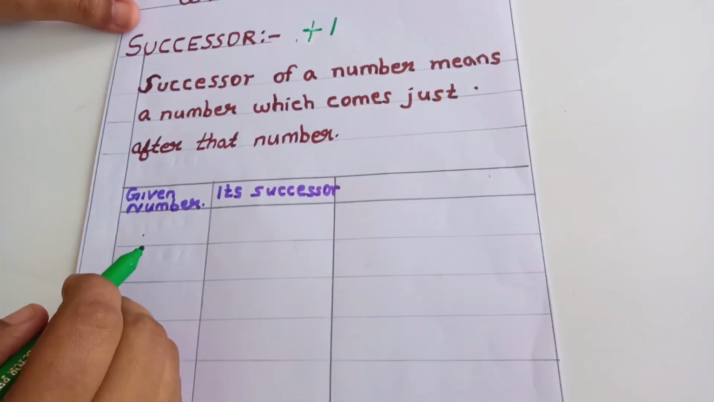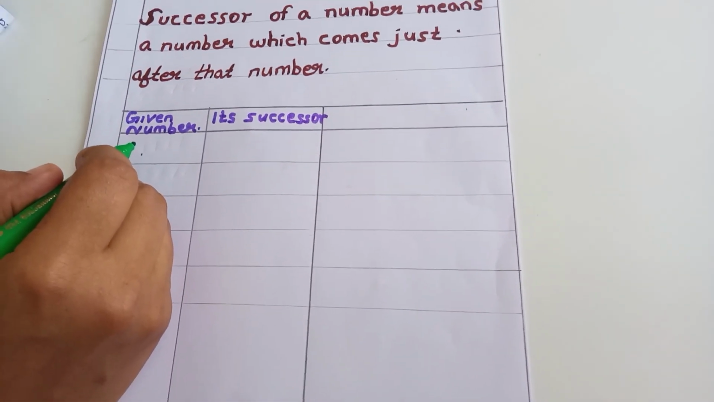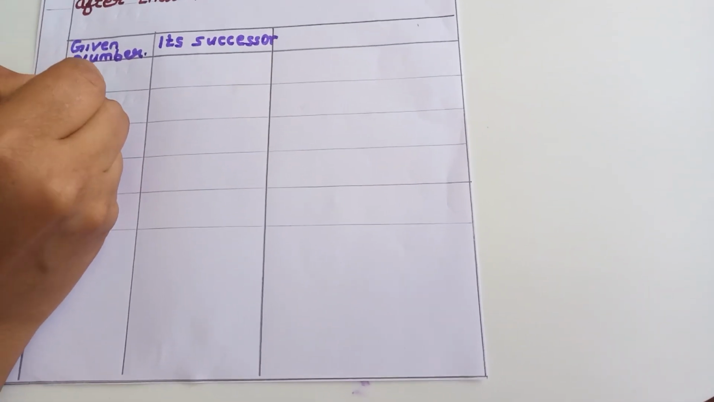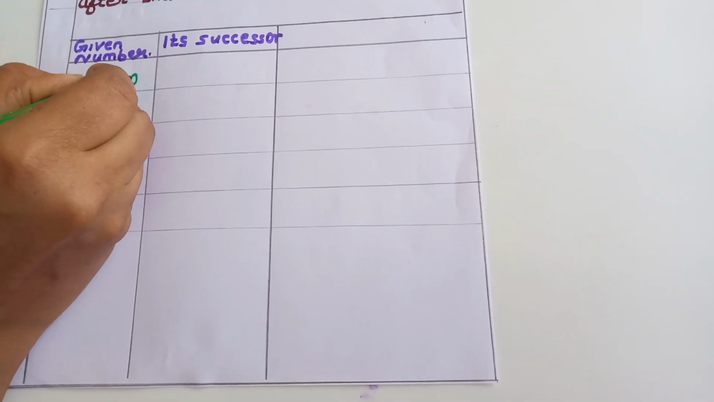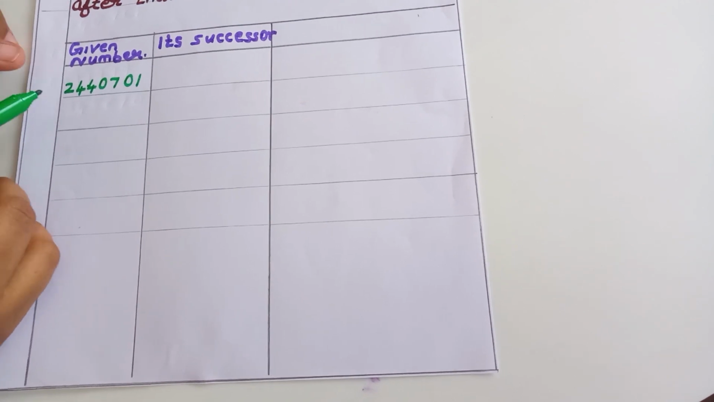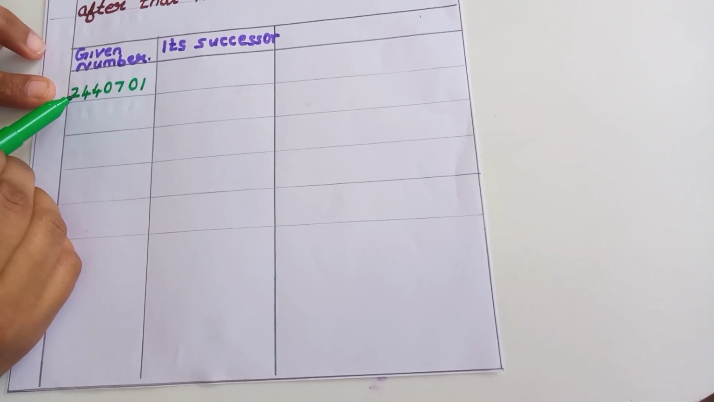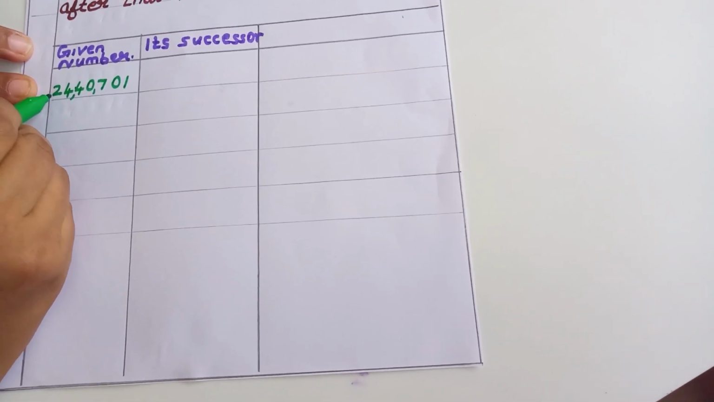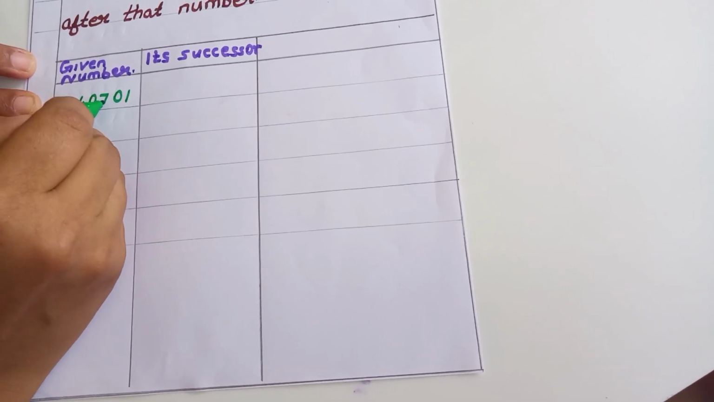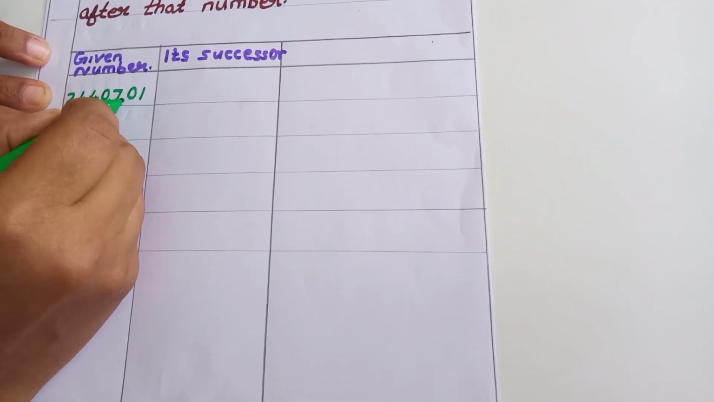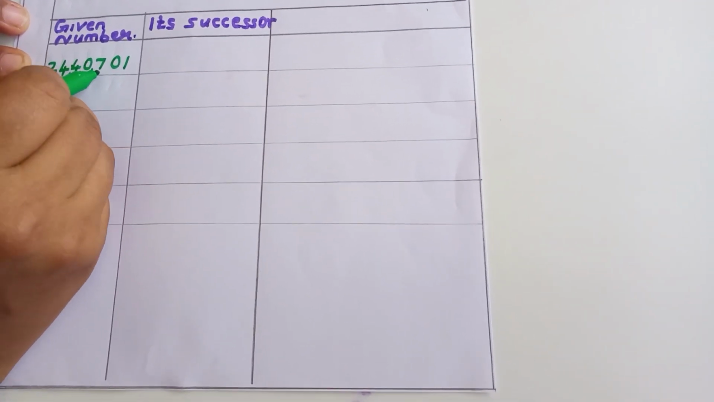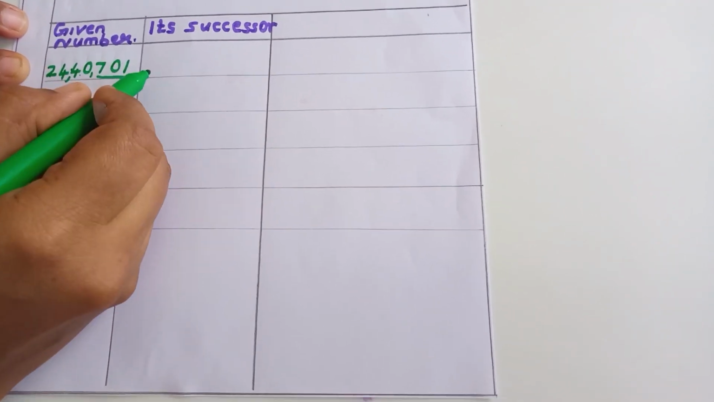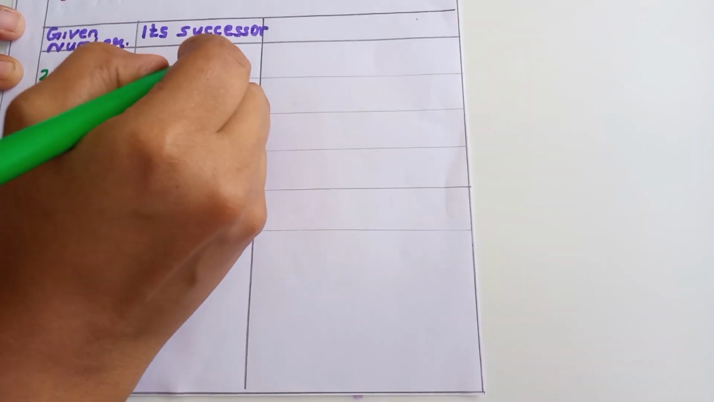So, I am going to do some problems here. First problem comes like this. Our given number is 24,40,701. See, this number is not so easy to read. Just add 1, so just think of this number 701. Which will be the next to 701? The number will be